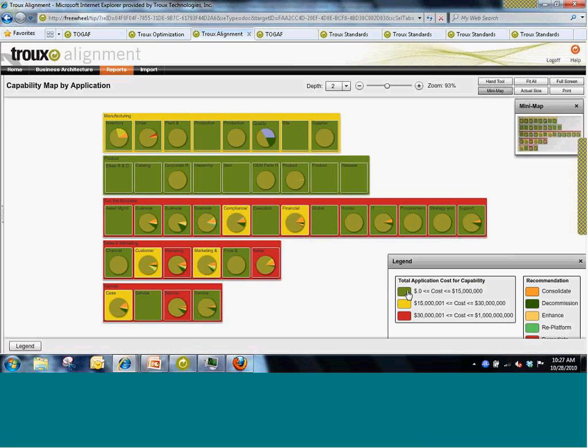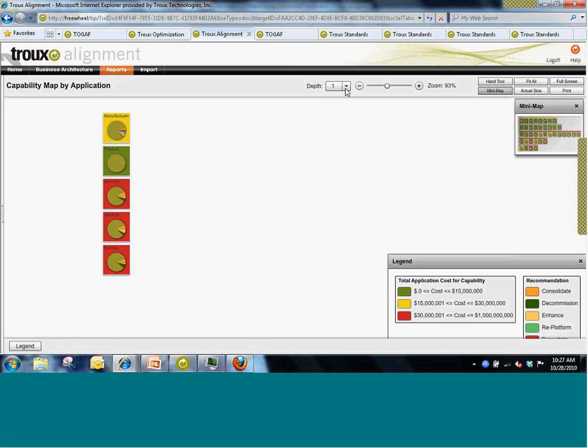Business capabilities are hierarchical in nature, and you can collapse and expand the business capability map, and zoom across it.